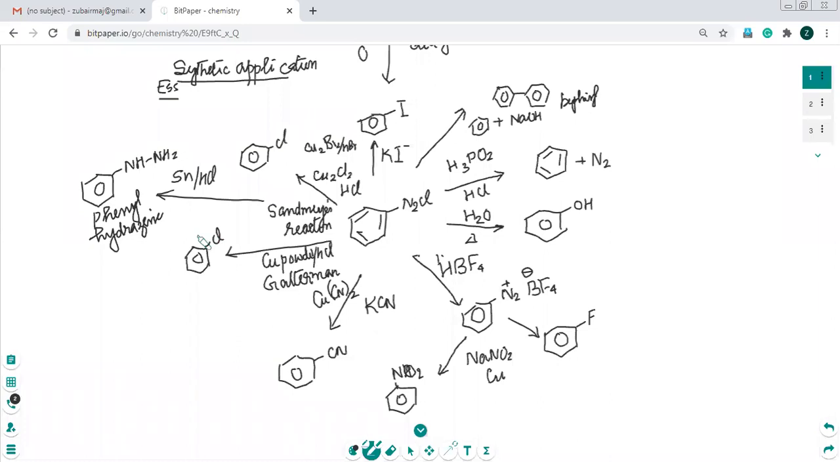Okay. And if you do a stronger reduction, if you do zinc and HCl, oh, this is not SnHCl, SnCl2 and HCl, sorry. This is very important. SnCl2 and HCl. But if you do a stronger reduction using zinc and HCl, you will get aniline back, NH2. Okay, so these are the wide